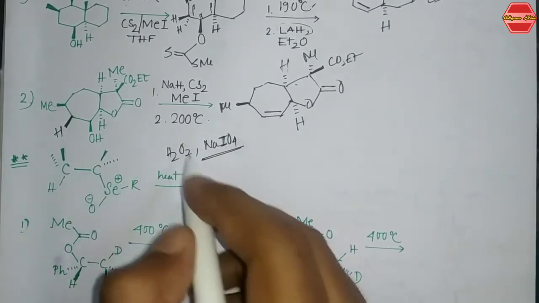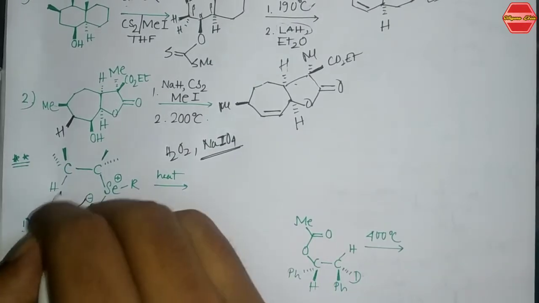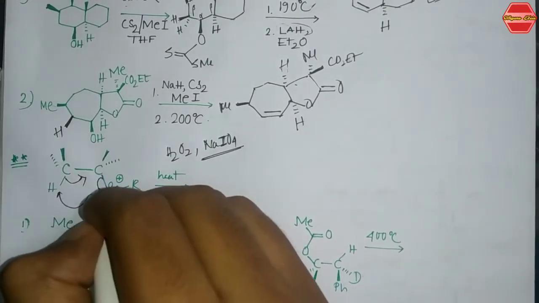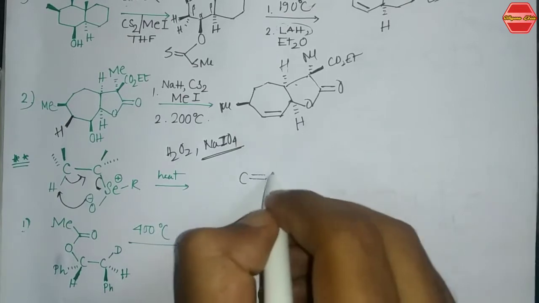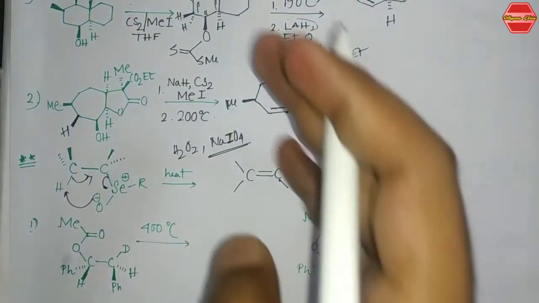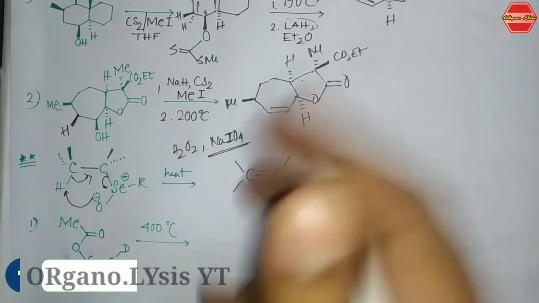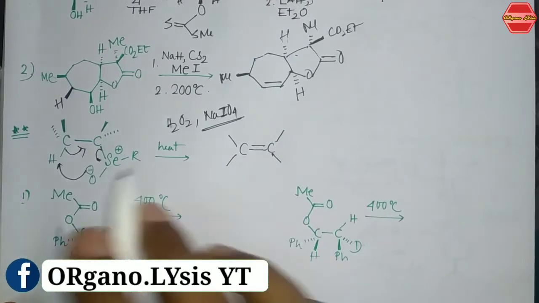So if you are heating this compound, this also follows the syn elimination rule. So that is what you are getting, this is a six-membered ring, and you are getting this final product, that is this kind of alkene. I will also tell you some examples for this kind of reaction later, and let us see the example that you have, this one.